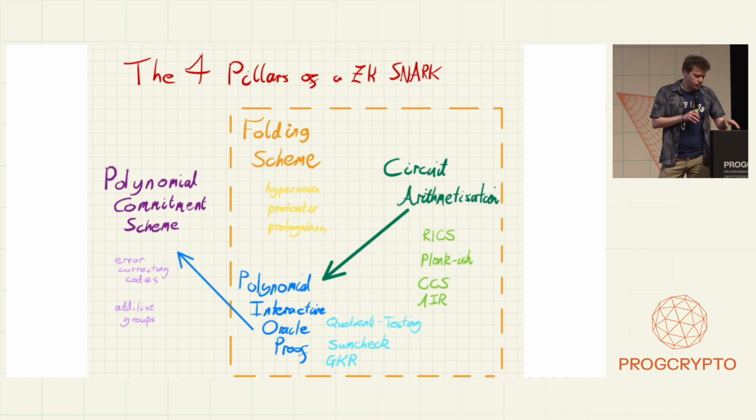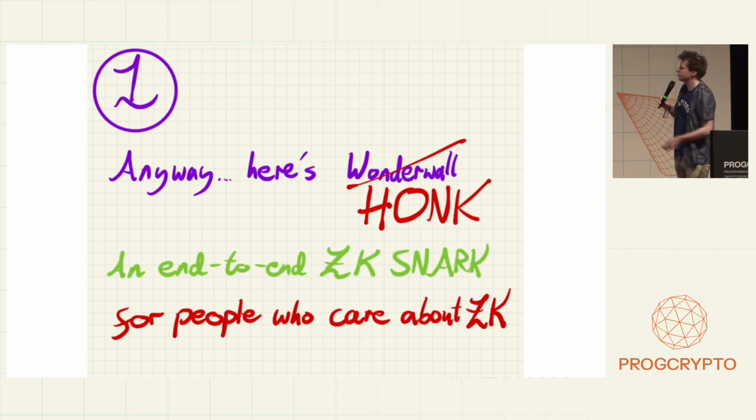So yeah, those are the abstraction layers that we're working with. So what the hell is HONK? HONK is Aztec's new all singing, all dancing proving system that we are using to power the Aztec network. And it is a synthesis of a lot of different techniques, but it largely inherits from HyperPlonk, which is a